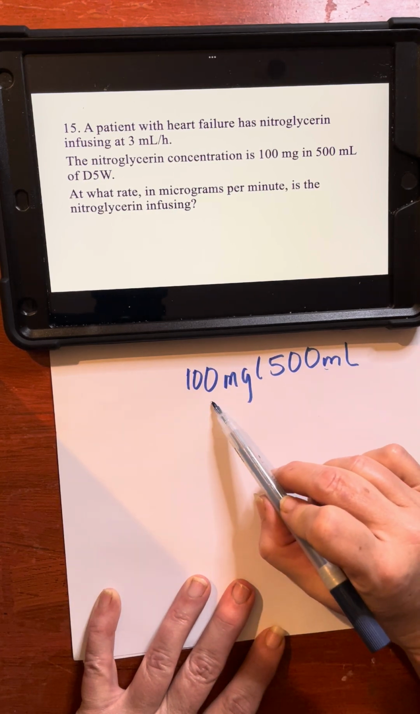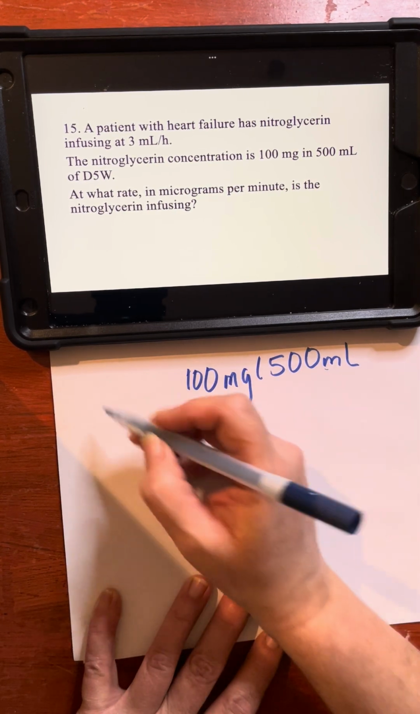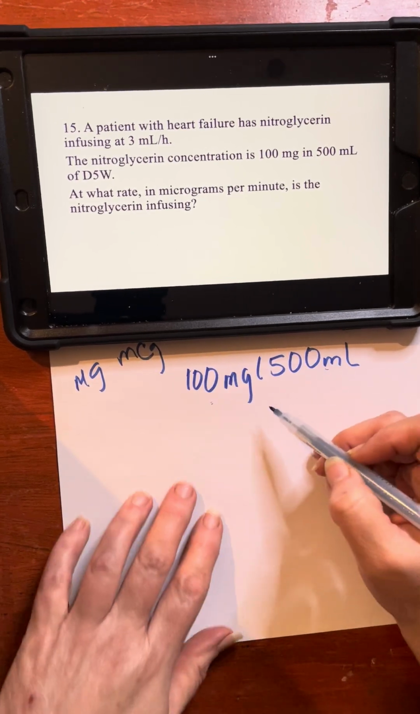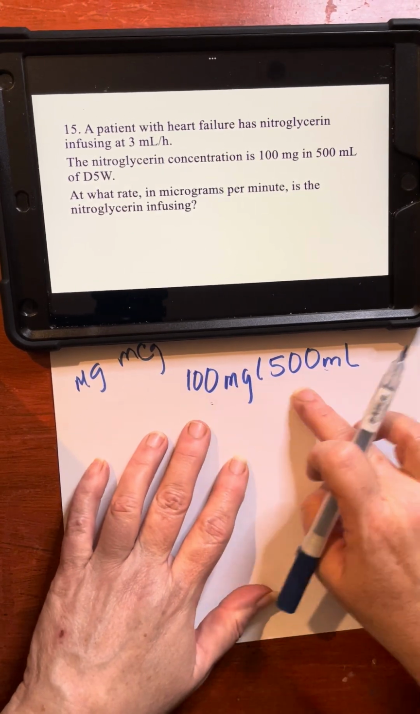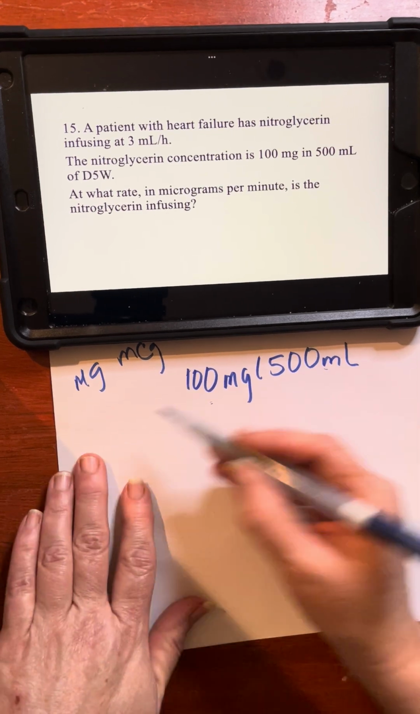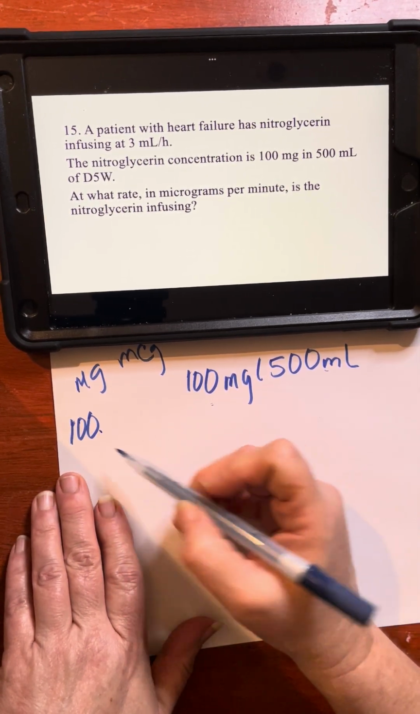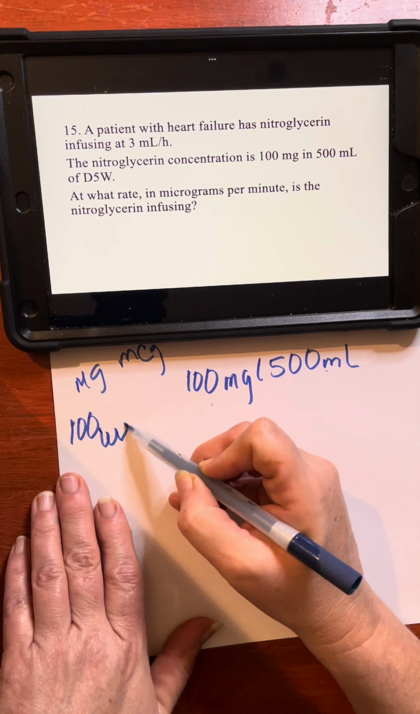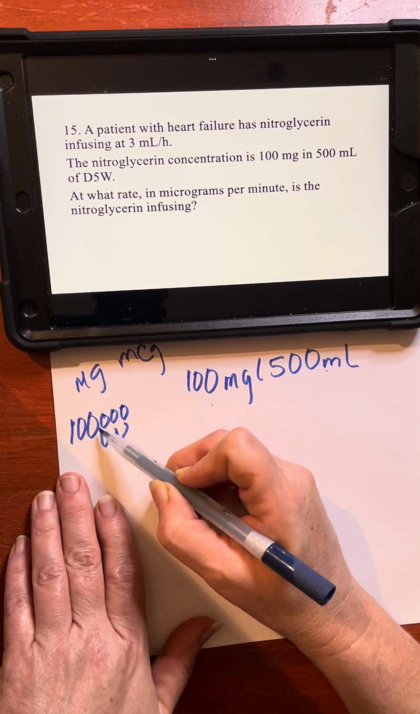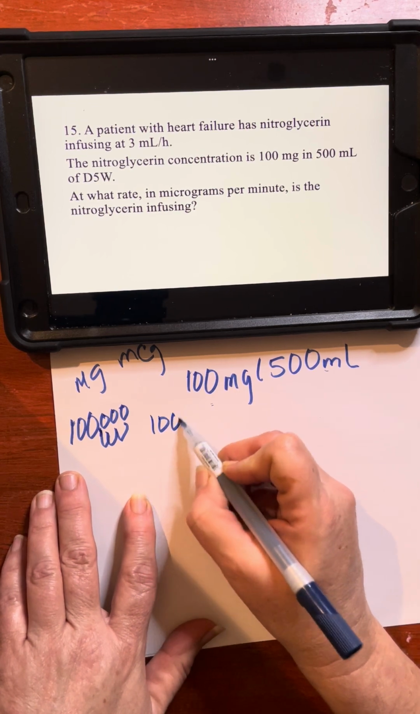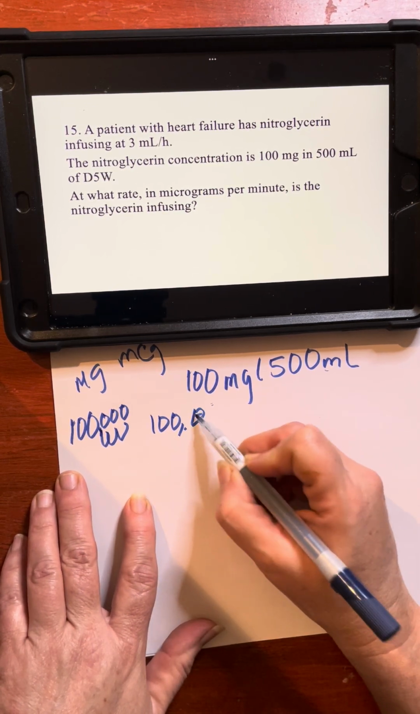We can either convert the 100 milligrams to micrograms now, or we can do it later. 100 milligrams. Here's your decimal. I'm going to go 1, 2, 3, and put my comma. So this equals 100,000